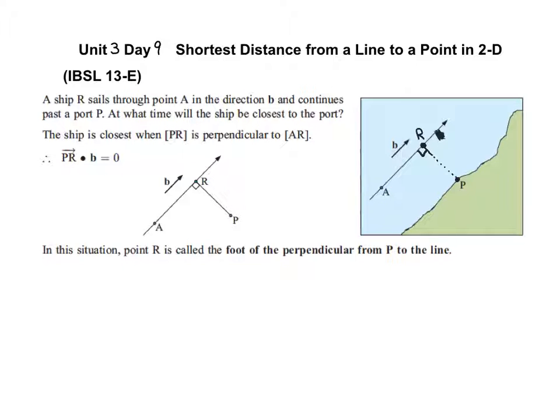So what I'm going to do is I'm actually going to look at this in terms of the vectors. I have this direction vector, vector B. I'm actually going to draw it on the path of the ship. And then I also have this vector to get from the port to the ship. So that's vector PR. And the key here, as you guys can see, is the fact that if I want it to be perpendicular,